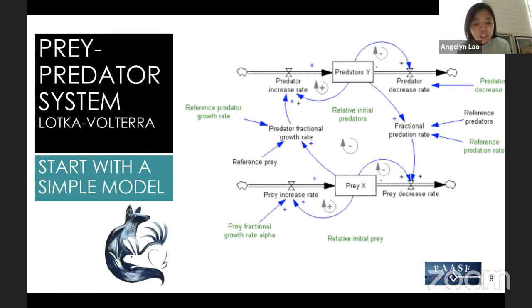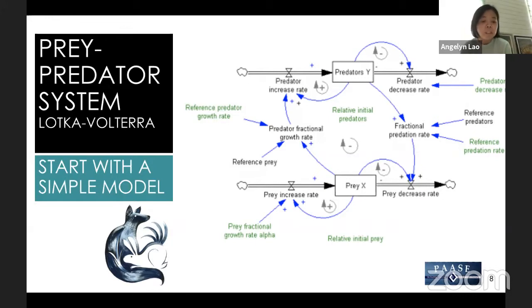Foxes feed on rabbits and they are dependent on rabbits for their survival. On the other hand, without the fox, rabbits can actually survive by eating vegetables. Okay? But without the existence of the fox, they might end up being overpopulated. This somehow shows that the existence of both prey and predator are important in order to maintain a balance in